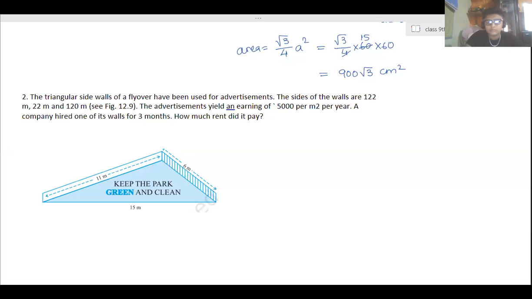In the first exercise, you have seen all the questions based on one single triangle. Now the next exercise has questions based on combinations of figures. Quadrilaterals or other different figures have been combined together, but they are actually made up of triangles. Many triangles have been mixed together, so you have to calculate the area of those combinations of triangles. That means you have to find the area separately and add them.